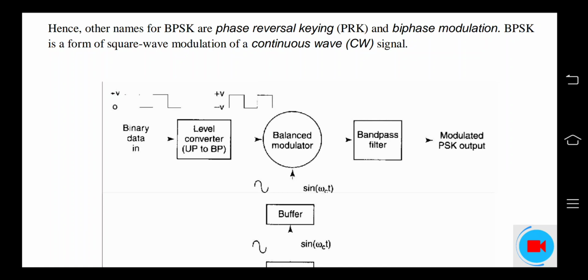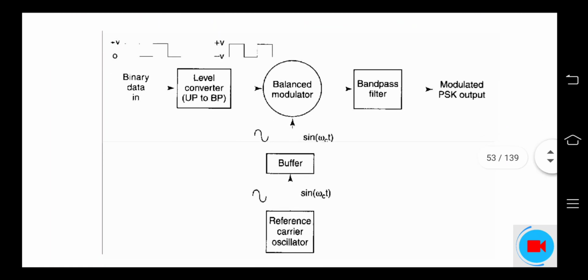Modulation, as we know, is simply modulating the input signal. Basically the input message signal is a low frequency signal, so that signal cannot be delivered to the output directly. So we use a high frequency signal, the carrier signal, which helps to transmit the input message signal. Both signals are modulated, and that signal is delivered to the band pass filter again. Now we get the modulated PSK output.